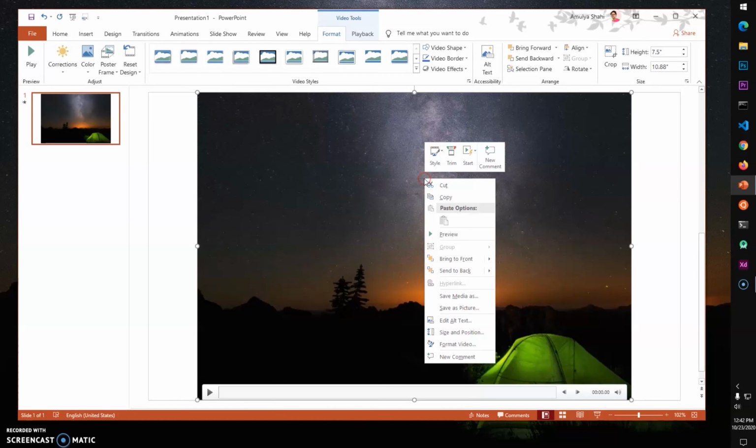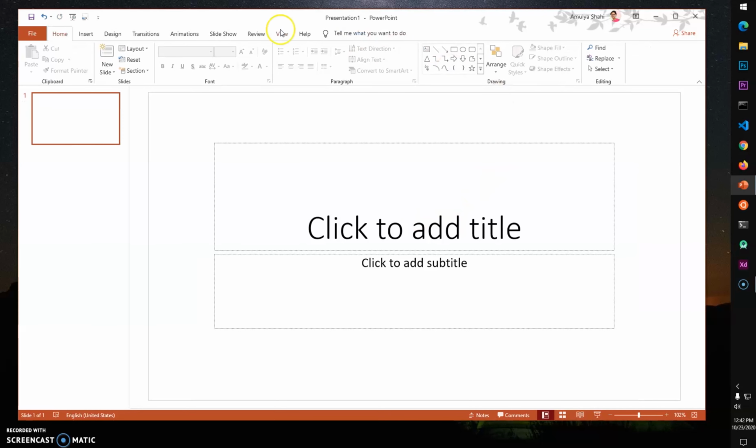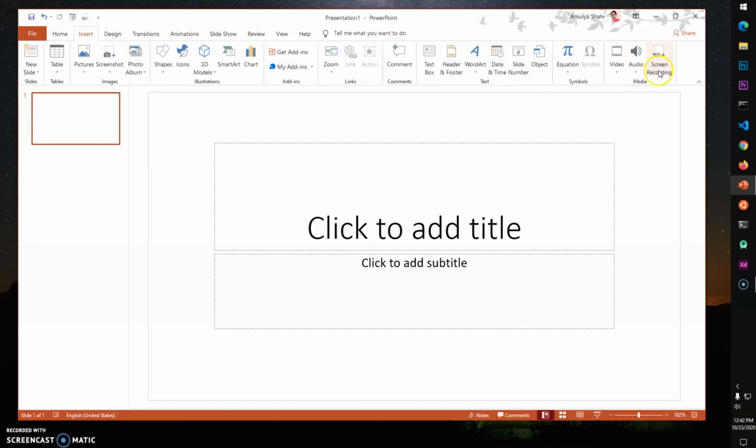Alright, let's see what more. We can give it a start option. So this is for presentation, but we do not want to create the presentation, but you can. So this is how you record your computer screen with PowerPoint. Remember, if you want to start a new screen recording session, you can simply delete it by pressing the delete button